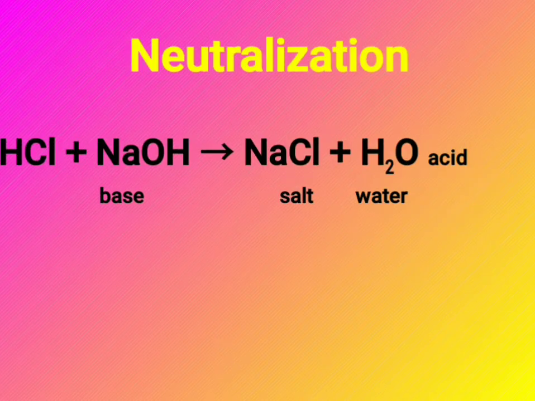So you can see in this neutralization reaction, for example, an acid is taken, that is HCl, and the base is taken, that is NaOH. So this is a base because it is having OH group, this is acid because it is having H, and when these two react, a new product is formed, that is NaCl. NaCl is a salt. This NaCl itself is the common salt we use in the kitchen. And this is water, H2O.